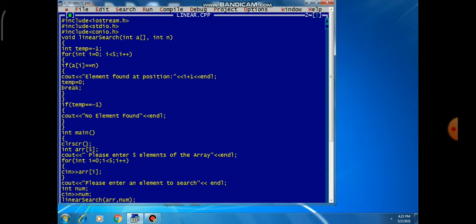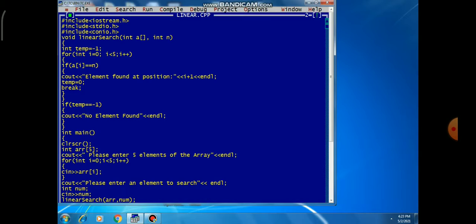Cout is used for displaying the message. Dear students, it is just like printf that we are using in C programming. Right now we are doing our program on C++. So for displaying the message we are using cout.